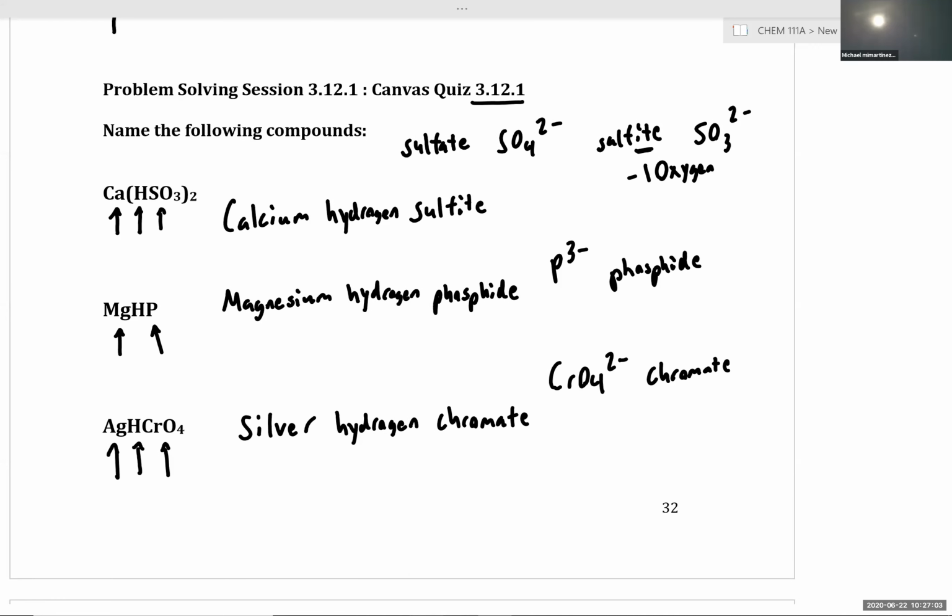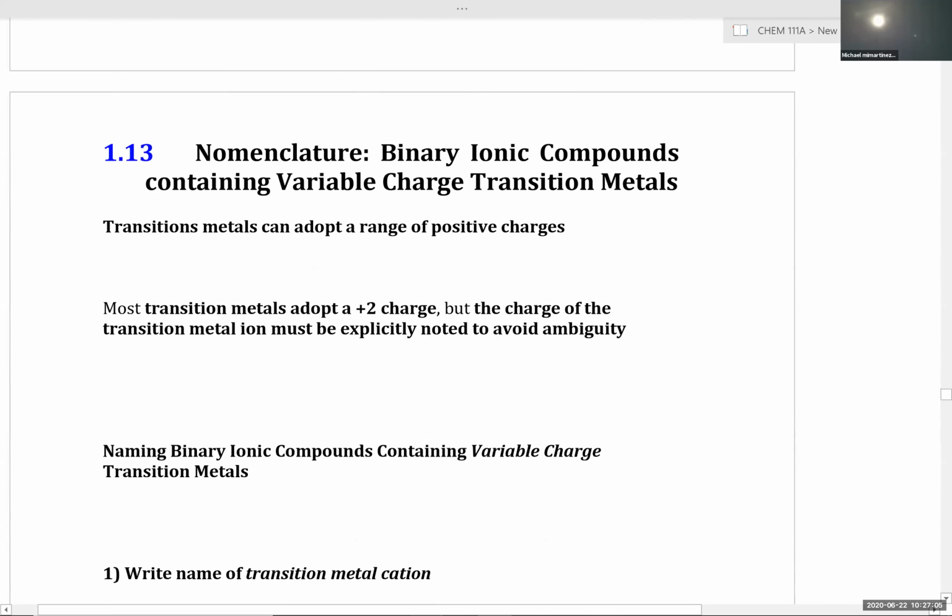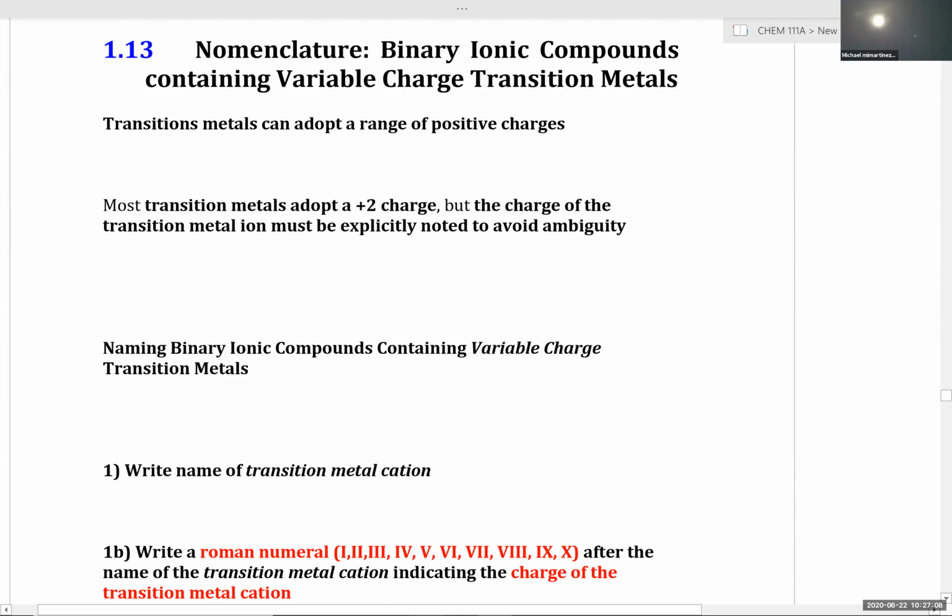If not, let's continue on and let's talk next about ionic compounds that contain transition metals. Transition metals can adopt a range of positive charges. For example, we can have copper +, copper 2+, and copper 3+. So your transition metals in ionic compounds can have a range of possible charges. Now, most transition metals will adopt a +2 charge, but the charge of the transition metal must be explicitly noted